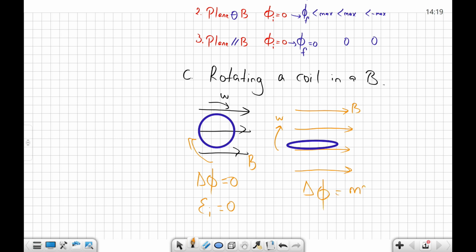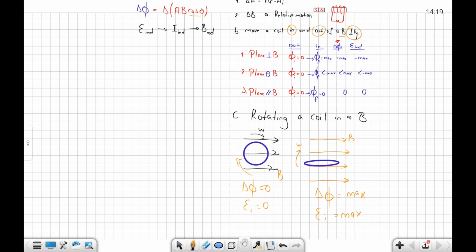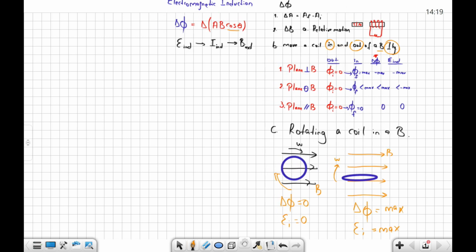Okay, which is maximum. So induced EMF is also maximum. Of course, if you rotate it 90 degrees, it will be maximum. We have figured this out. Let's move on to